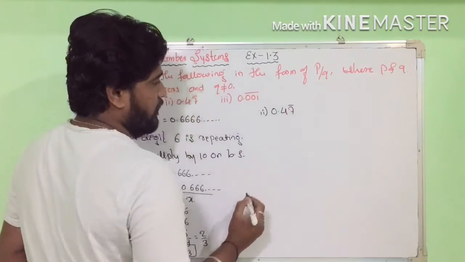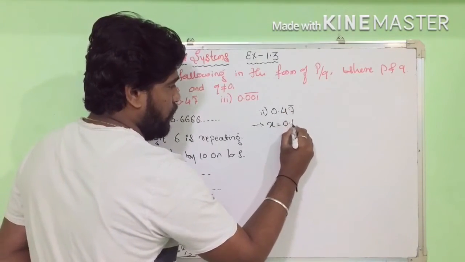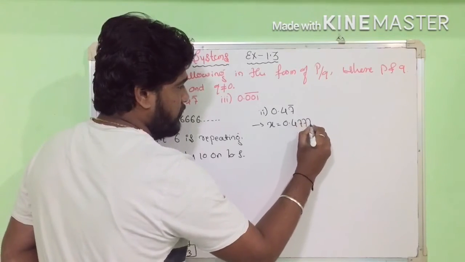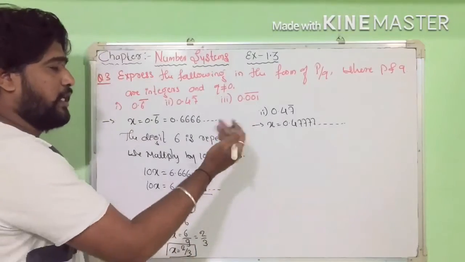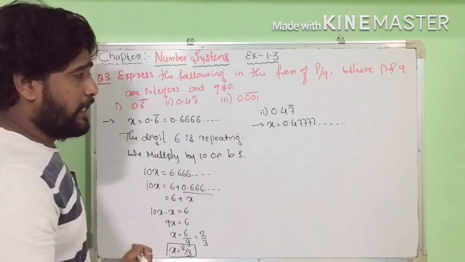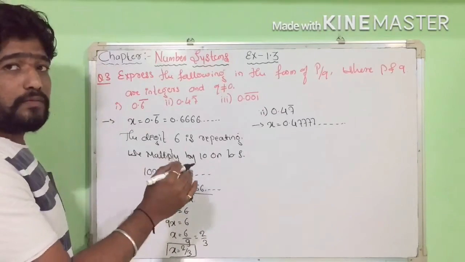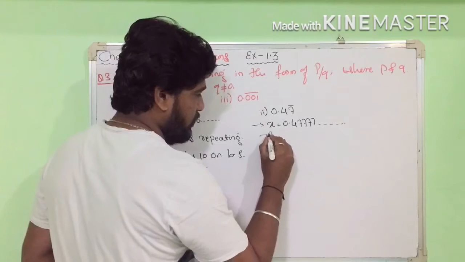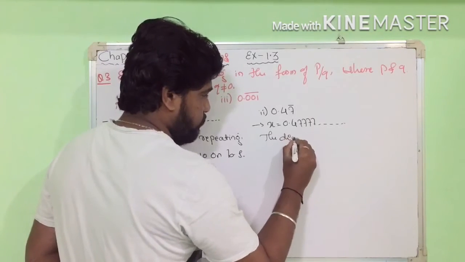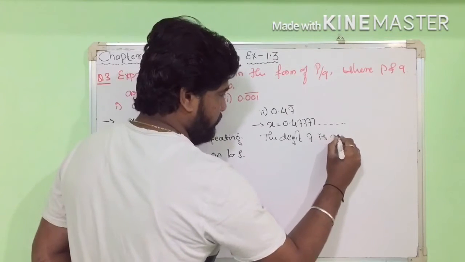So next, second one they given here 0.47, right? So write down, let x is equal to 0.4777 and so on. Here 7 only is repeating, here also one digit only is repeating. It means we want to multiply here by 10. So here write down the digit, 7 is repeating,